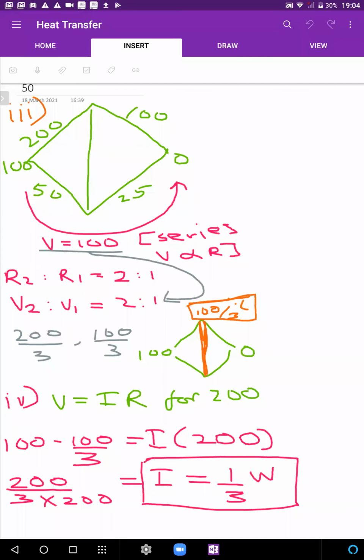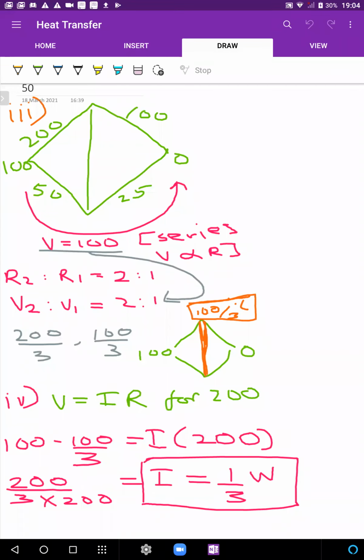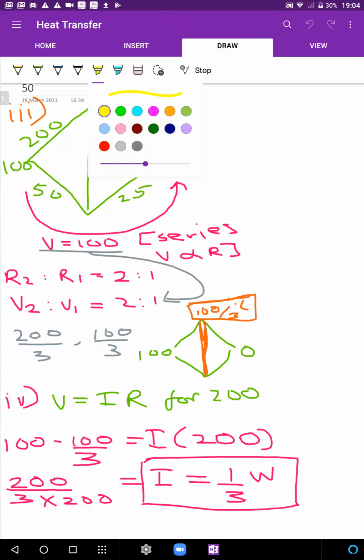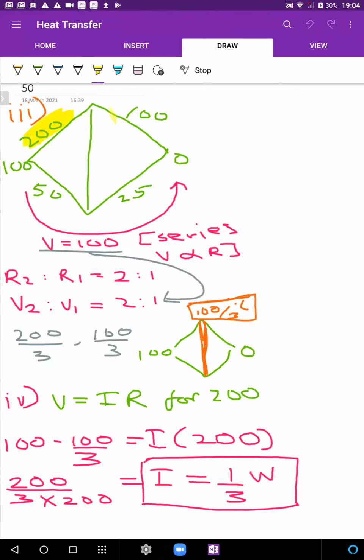Okay, going over this question quickly. Over here, once we had written the thermal resistance of each rod, the first thing we realize is that these resistances are in proportion to one another. So 200 is to 50 as 100 is to 25, and both have the same ratio, 4 is to 1. So that becomes a Wheatstone bridge arrangement.